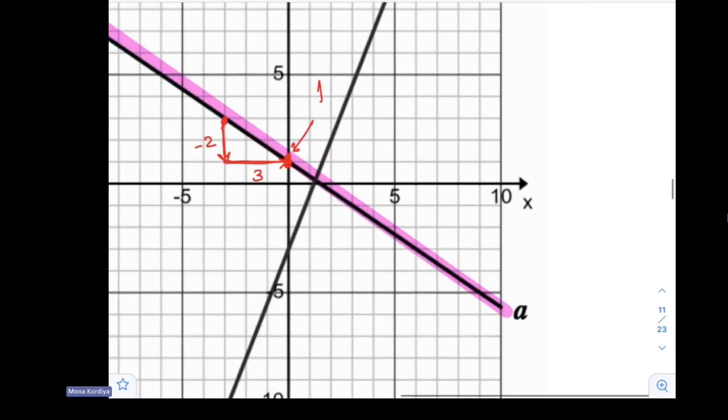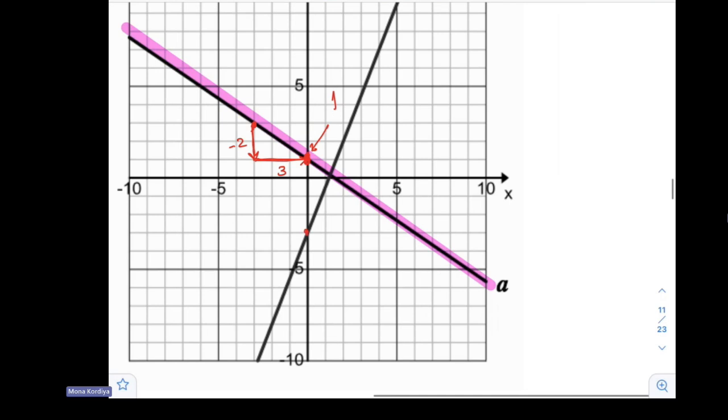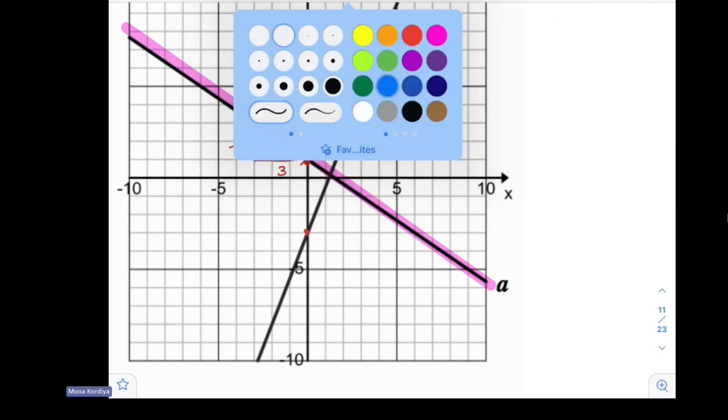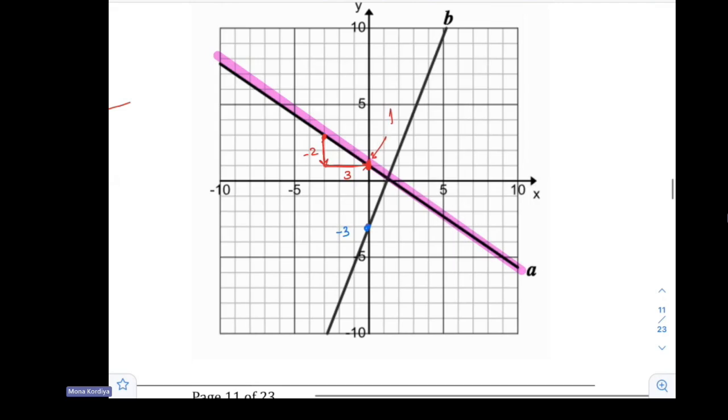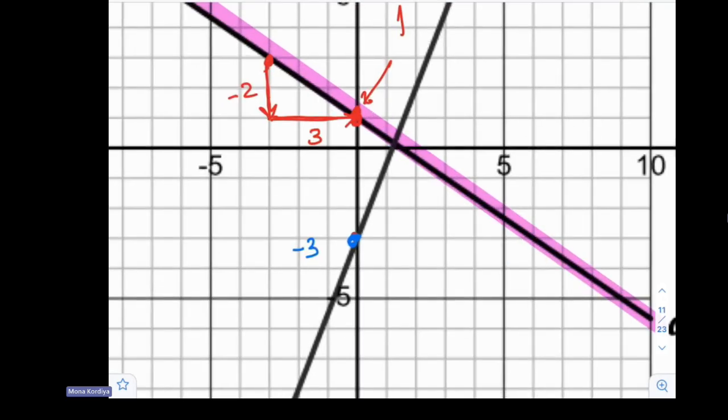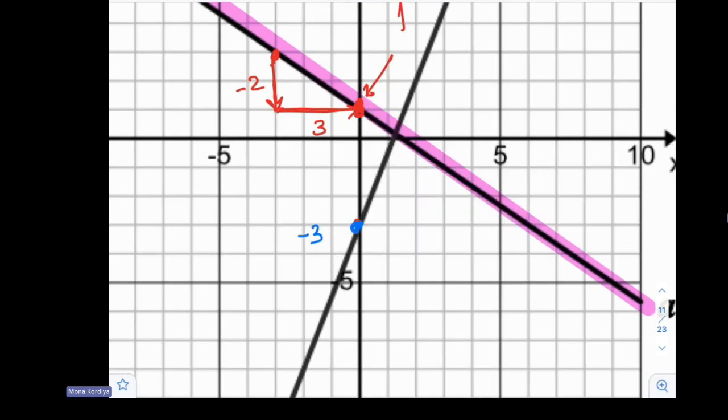Let's say we want B. For B, this is the y-intercept. Let's have a different exercise. For B here, the y-intercept is negative 3. And for the slope, take also 2 good points. If I take, let's say, this point and another point, this point. So this will be